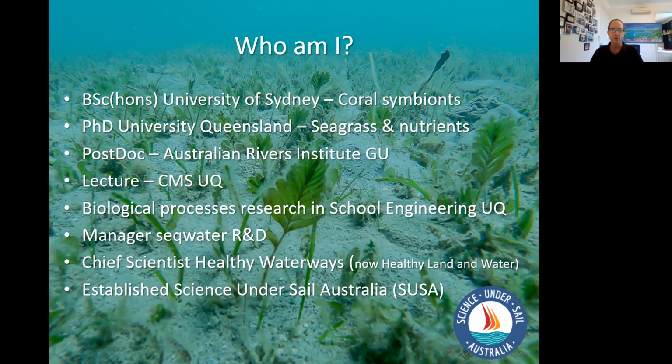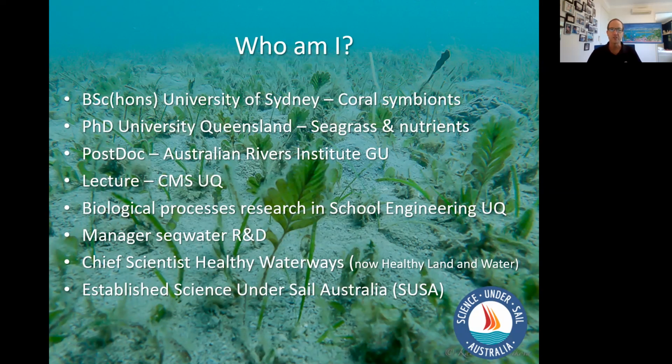Then I left marine for a while and went to Griffith University, where I worked as a postdoc in the Australian Rivers Institute, still looking at nutrients, but at the impact of nutrients on freshwater ecosystems. So what did it do as far as algal blooms and toxic algal blooms, and how did it affect food webs of freshwater ecosystems when you overloaded or added too much nutrient to that ecosystem? Then I returned as a lecturer to the Centre for Marine Studies in the University of Queensland, quite close to where you are studying now, and co-managed the marine botany group for several years,